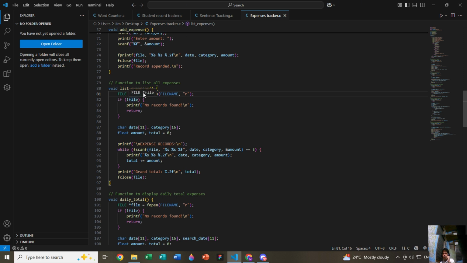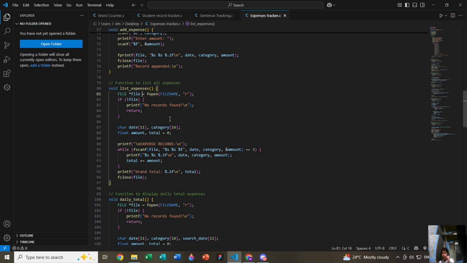Now, this will mainly be used to retrieve data by reading the text file, just file name and connected to expenses.txt. Now, if it does not find the correct text file, it will then display records, no records found.